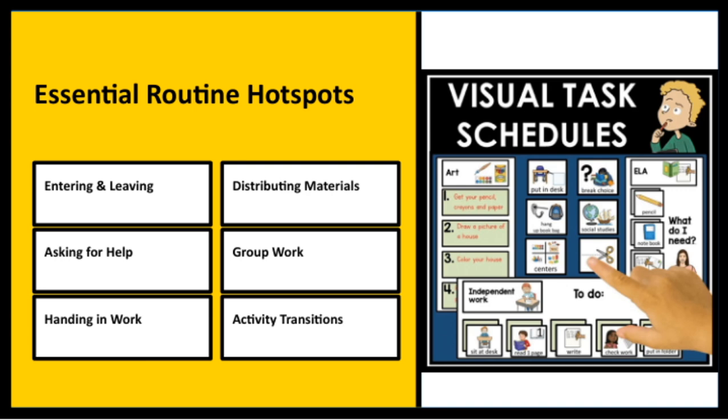Distributing materials involves efficiently handing out supplies or resources so that students can stay focused and engaged. Entering and leaving the classroom are also vital transition points. These should be organized to minimize chaos and maximize time on task. Now, all of these points lead us to the idea of essential routine hotspots. These are specific areas or moments in the classroom where transitions often happen, and paying attention to them helps create a predictable, calm environment. When we manage these hotspots well, it supports the overall classroom routine, keeps students engaged, and